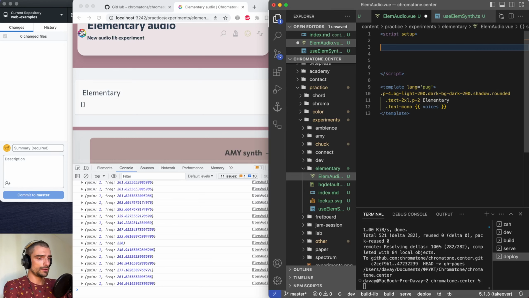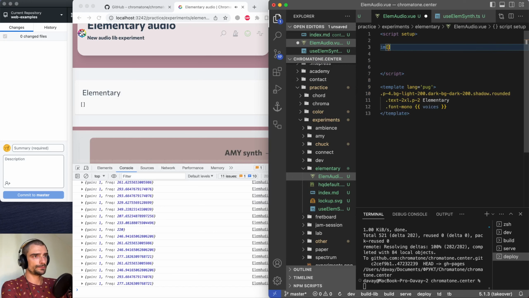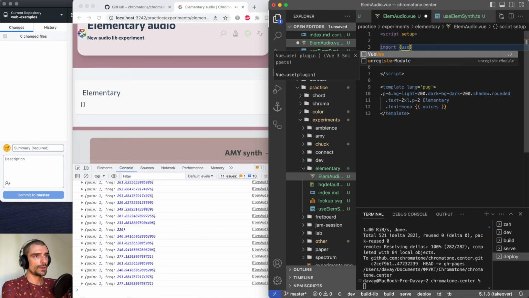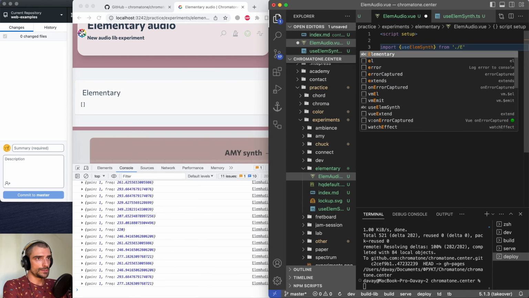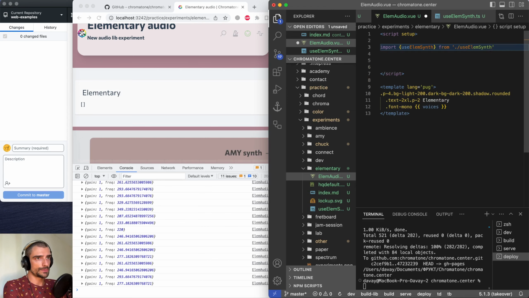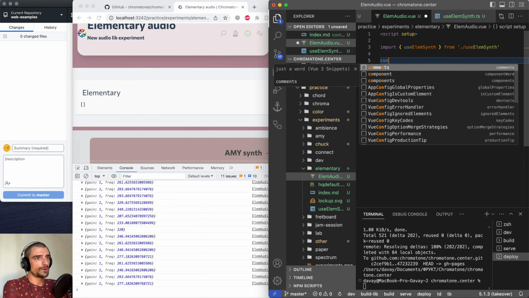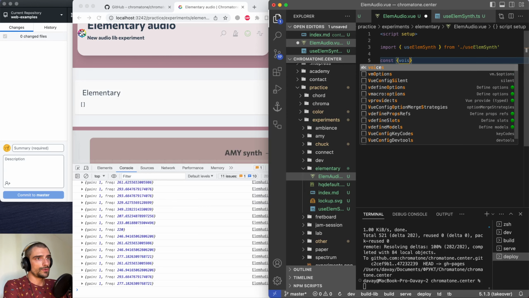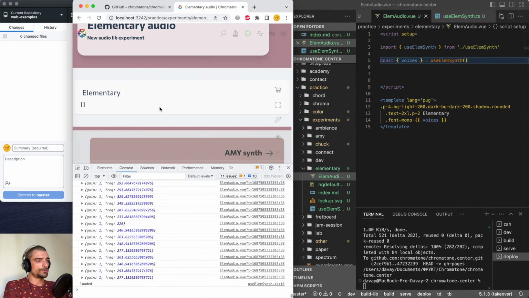And here we can say import useLMSynth from just nearby, useLMSynth, just this, and we will say const voices equals useLMSynth like this. So the page reloads,